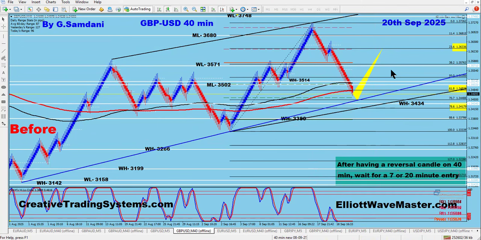If the entry is wrong, I lose 15 pip. That's it. 7 minute chart, stop is 15 pip. If it goes the distance, you know how much my trades are. All right. So this is the name of the game. 40 minute chart to 7, and gold is beautifully working between 1,000 and 150.